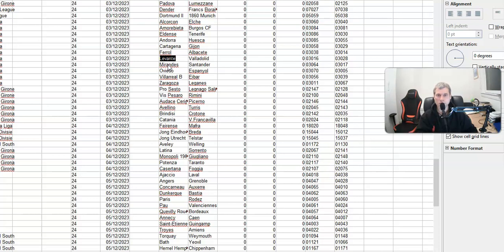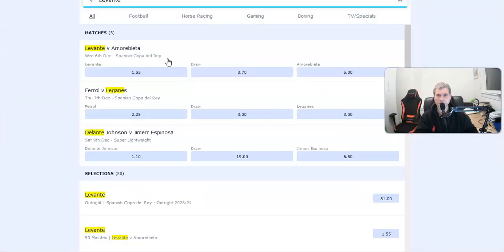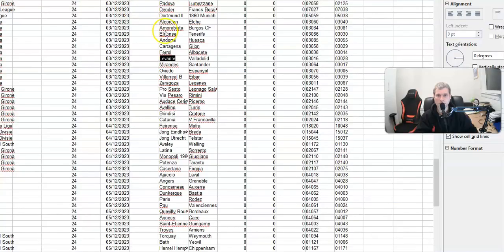So I continue looking for the teams Levante, Valladolid, which is Spain Segunda. Let's see if there is anything. And I actually did put that Levante there in the search box. Nothing has come up. Nope. So I have to pick another team now, Mirandes. And mind you, it is now